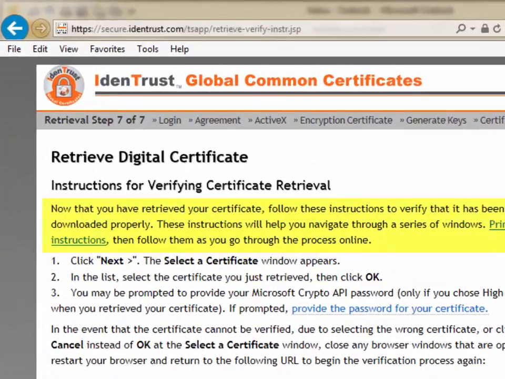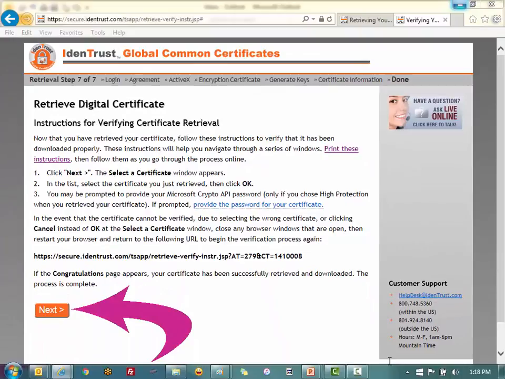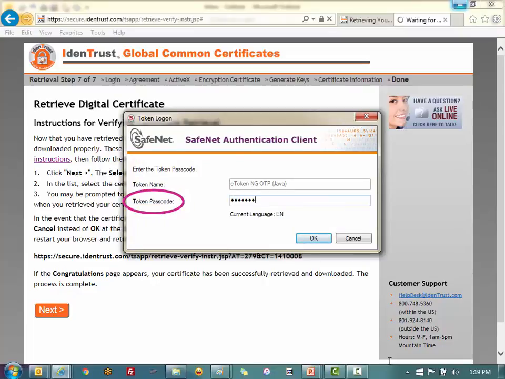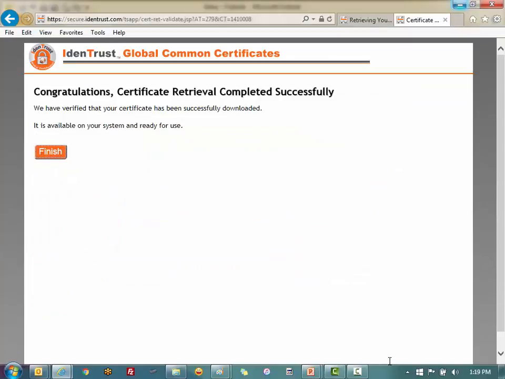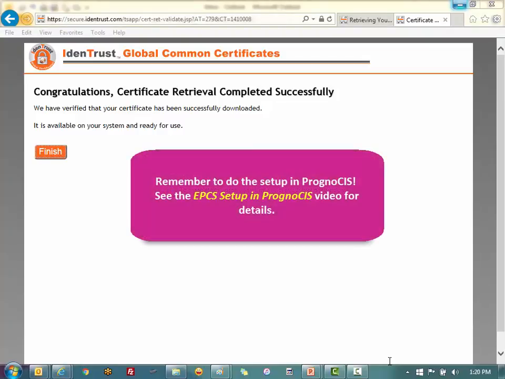We're now prompted to verify our certificate downloaded properly. So we're going to click the Next button again, and then we will get a pop-up of all of the digital certificates on our computer. We want to go ahead and select the one that matches our token. Click the OK button. It's going to prompt us to once again enter our token passcode, and we finally get the congratulations, certificate retrieval completed successfully. And at this point, we can close our browser, do the setup in Prognosis, and then the physician can start